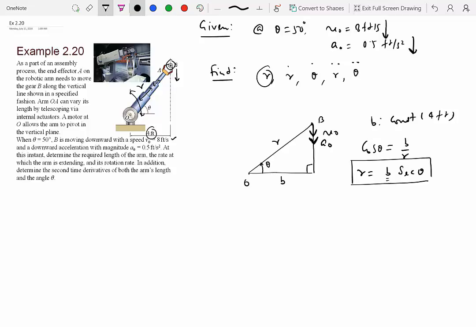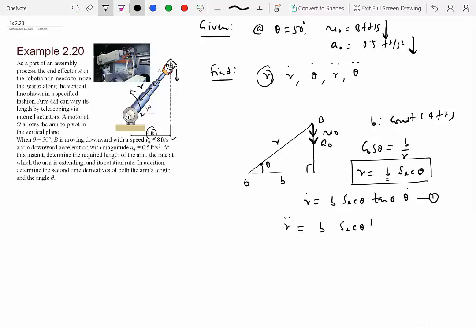Okay, to get R dot, theta dot, R double dot, and theta double dot, we would have to do more than that. So what we can do is differentiate this once. So what do we get? We get B sec theta, tan theta, theta dot. So if we know theta dot from this, let's call it 1, we can get the R dot, right? I can differentiate it even once more. So we get